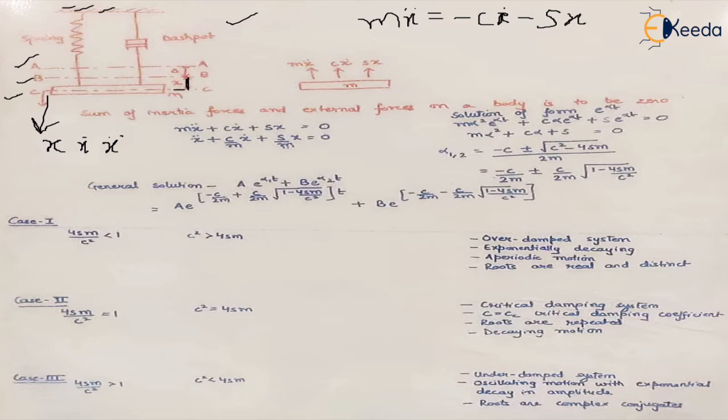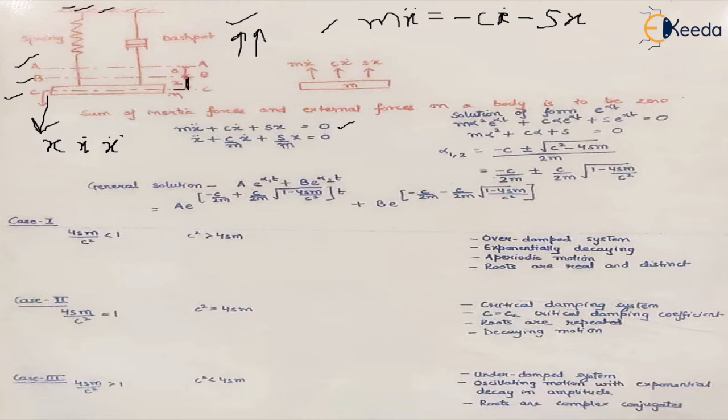Now, because the motion is taking place in the downward direction, the damping force and the spring force act in the opposite direction. So this is the equation, and if we bring all the terms to one side, we get mx double dot, which is mass into acceleration, plus c into x dot, which is damping coefficient into